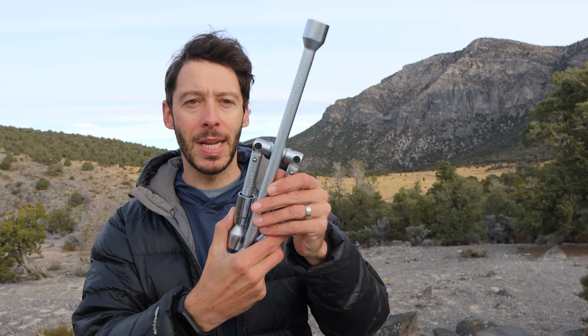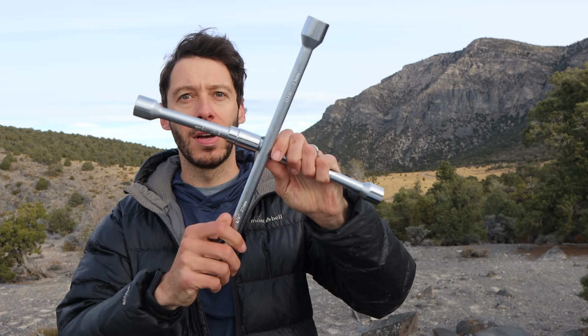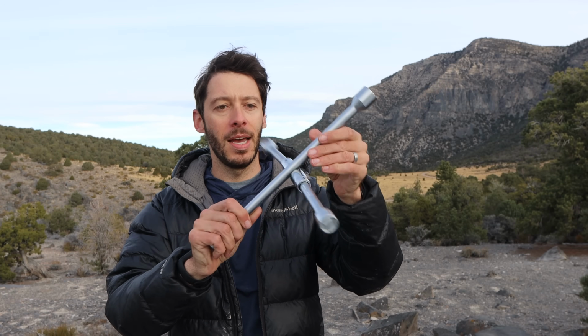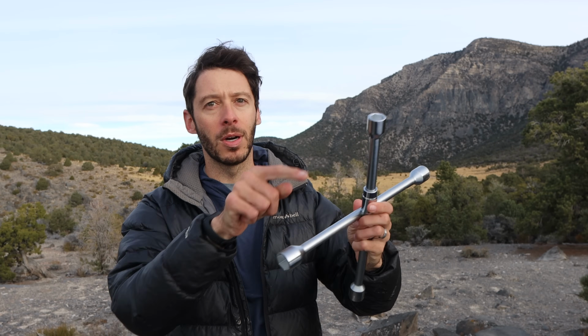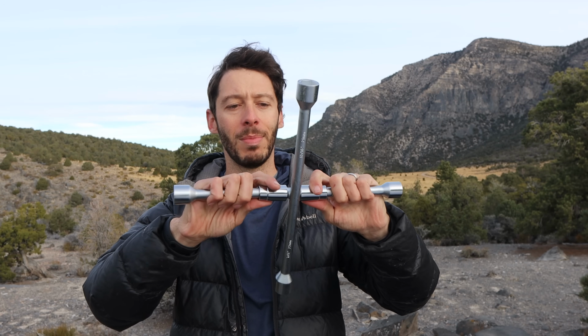And it folds down, so it's a folding tire iron, and then the arms kind of come out. It has several different sizes, so each arm is a different size lug wrench. And I haven't used this. I don't know how amazing it is, but